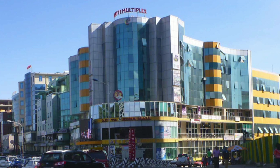The first example started with an invitation to design a multi-story shopping mall in Ethiopia's capital city, Addis Ababa. And this is the type of building we were shown as an example of what my team and I had to design. And the first thing I thought is, I want to run away. But